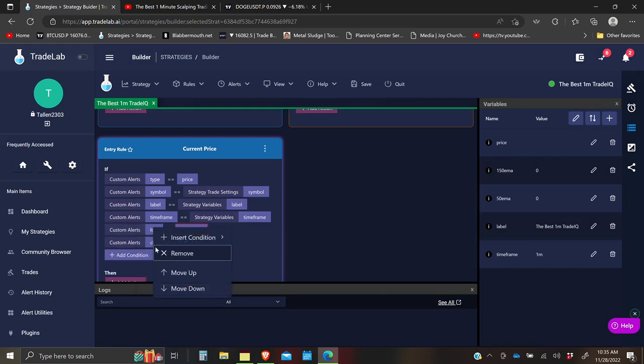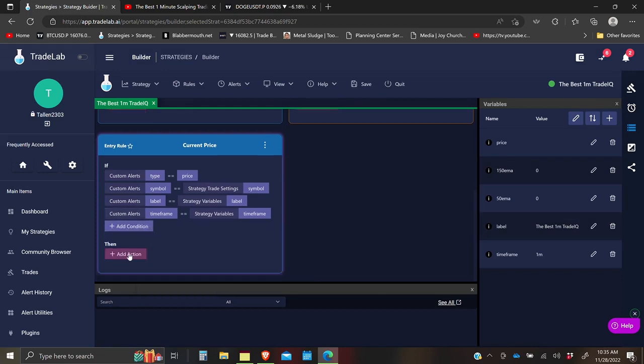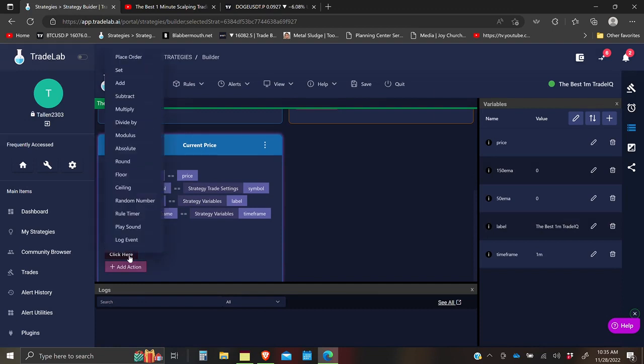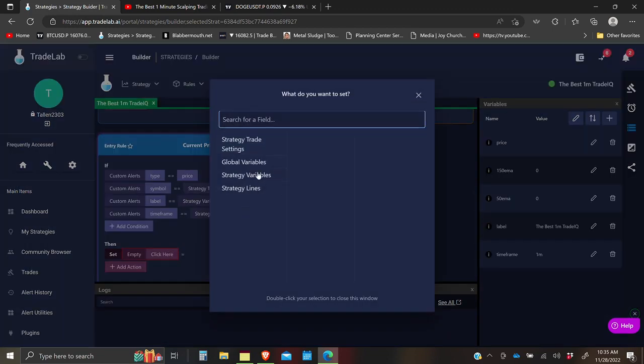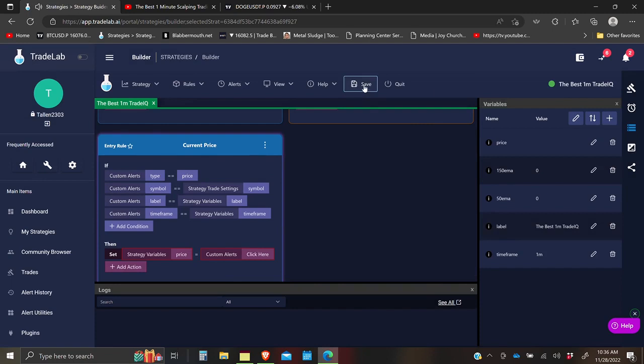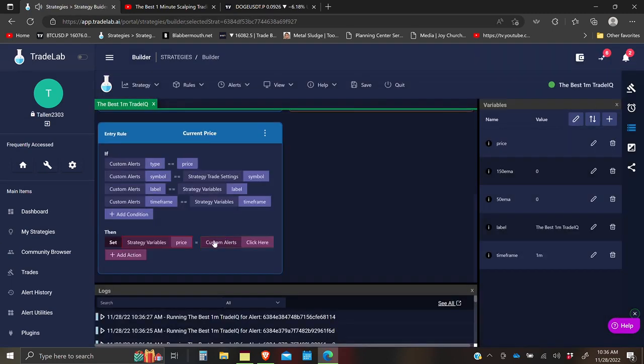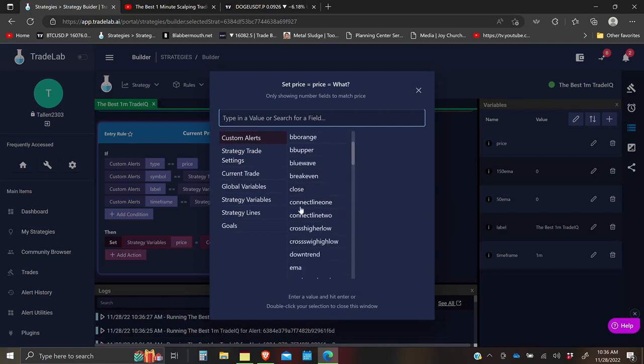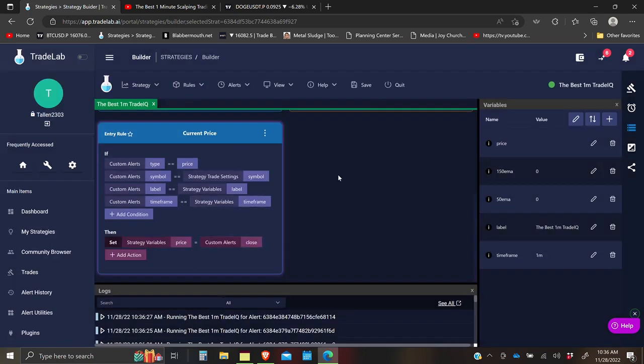Now because I'm using plot 3, I want my variable for price to equal plot 3 when that number comes in, which is close. Sometimes if it's not showing up there, save it, quit, and go back in. Okay. Custom alert, close. Now, when this alert fires and the information comes into TradeLab, price will update to